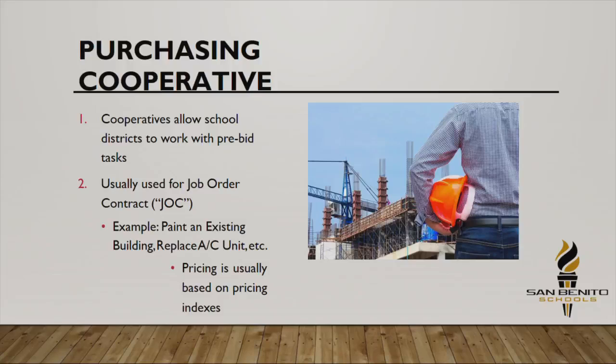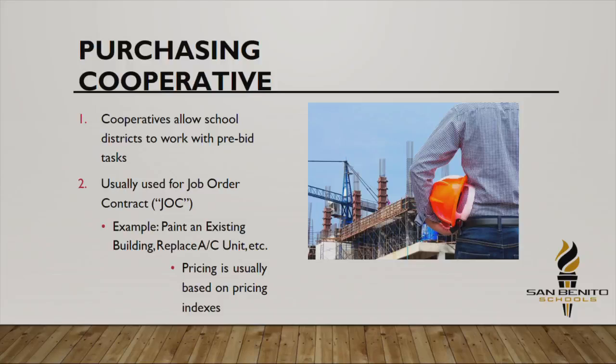So again, when is a co-op a great deal? For example, an AC unit that's over $50,000, and you want to replace it, and you don't want to go procure an engineer, because that's what the Education Code requires: that you get an engineer to design it, and then go out to bids. You may just say, it's not worth it. Let's go to the co-op. Somebody that's qualified is going to come in, take out the unit, bring in a new unit. We're done.